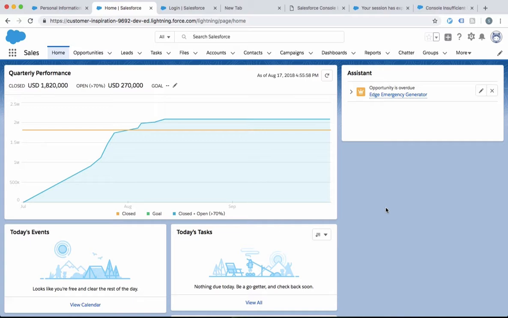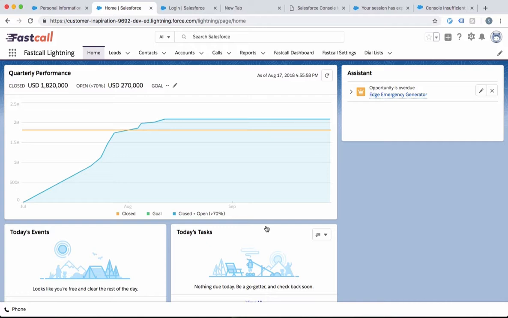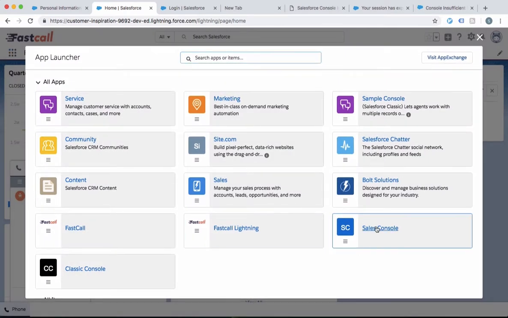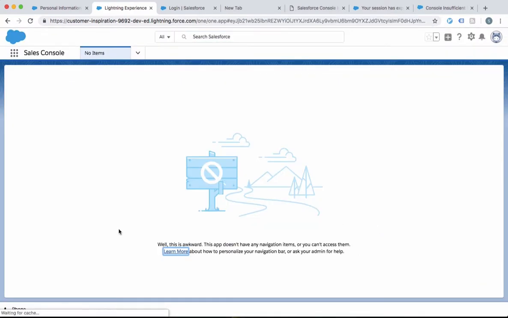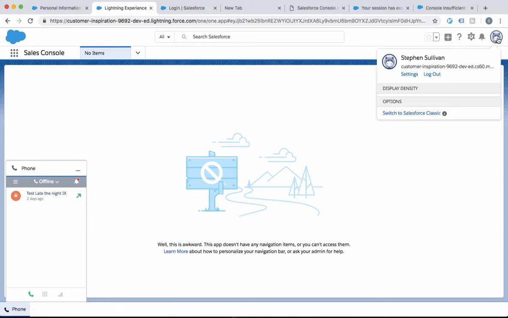To get started, let's find the widget. I'm going to switch to the Fastcall Lightning app. In the Fastcall Lightning app, we see the widget in the bottom left of the screen. If I switch to a Lightning Console app, you'll see that the widget is still in the bottom left of the screen. If I switch to Salesforce Classic,